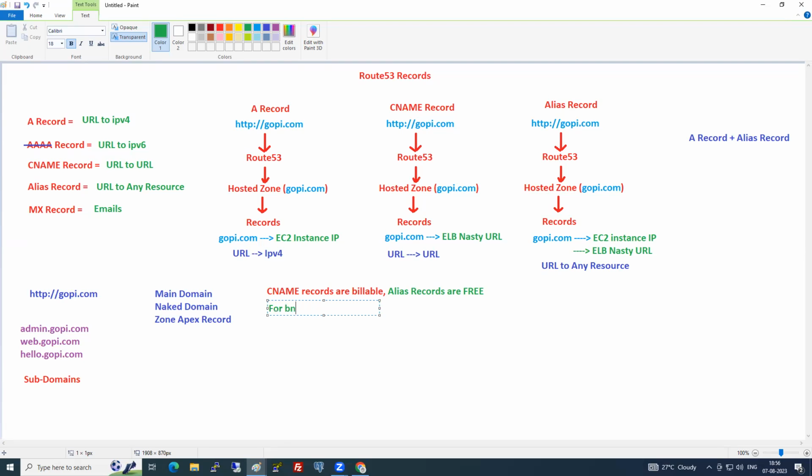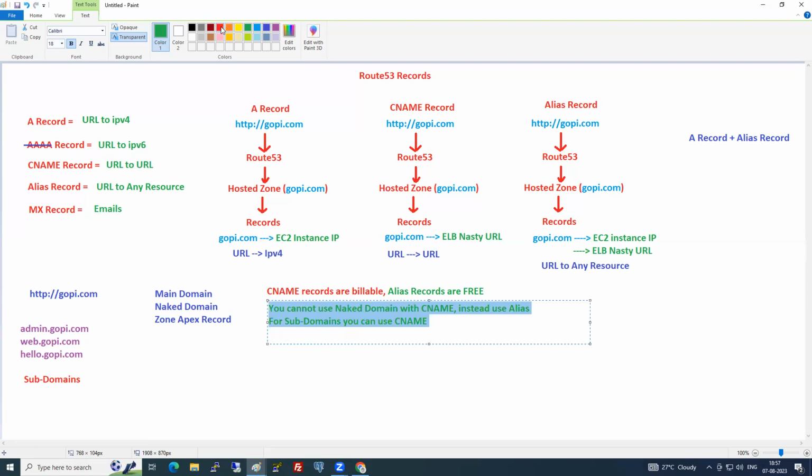So this is a certification question, guys. For a naked domain, gopi.com, you cannot use CNAME. Instead, use alias. And for subdomains, you can use CNAME.